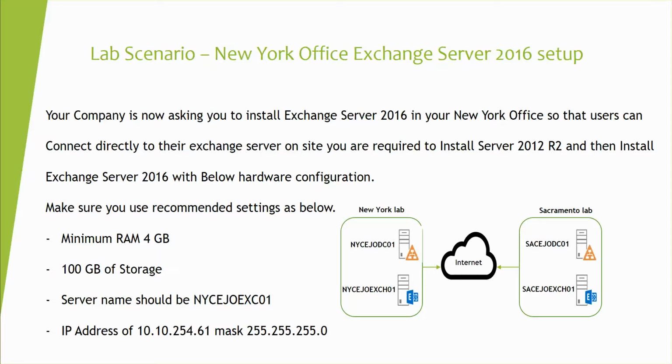If you try to connect a user from a site that is 300 miles away over a 1 MB or 2 MB link, which is sometimes up and down and not stable,